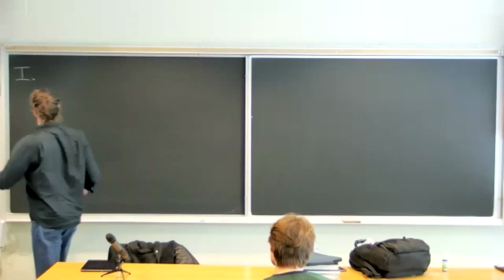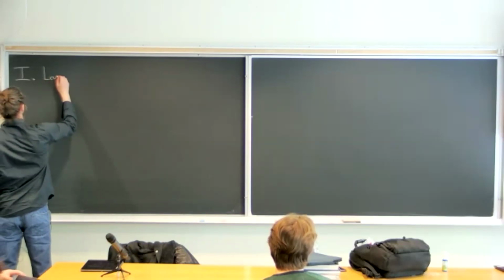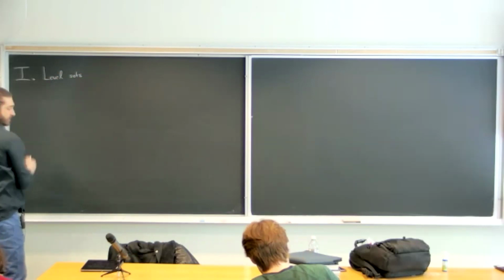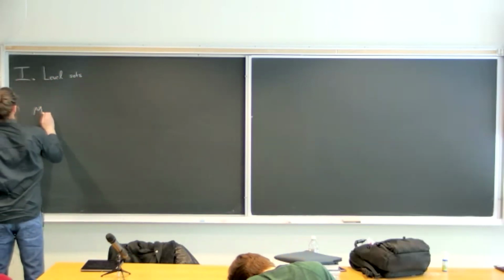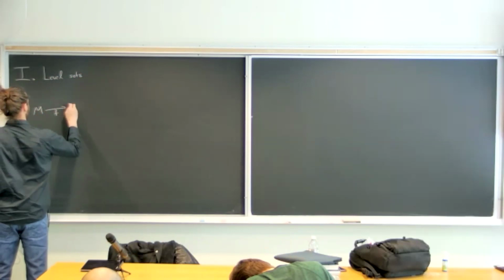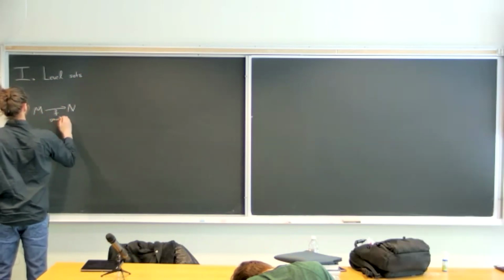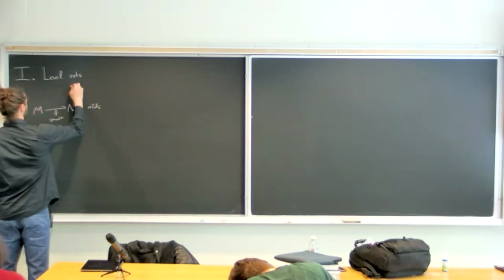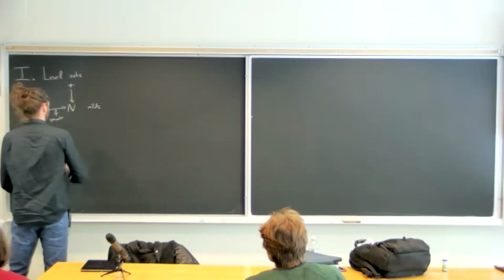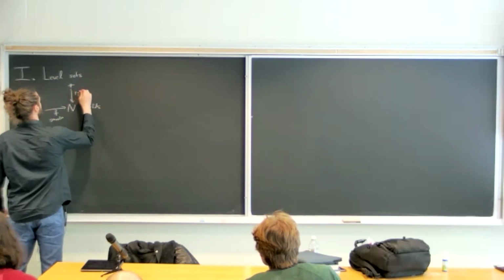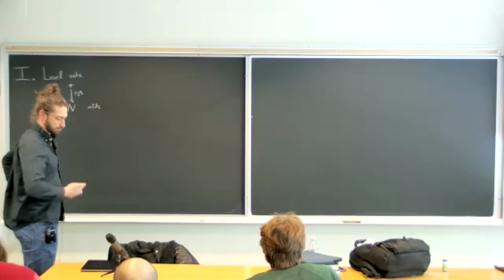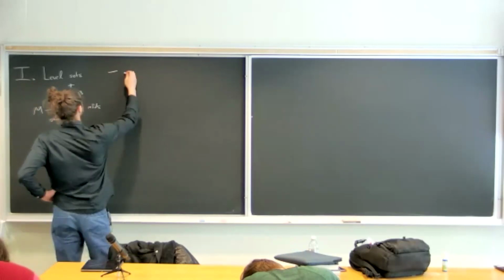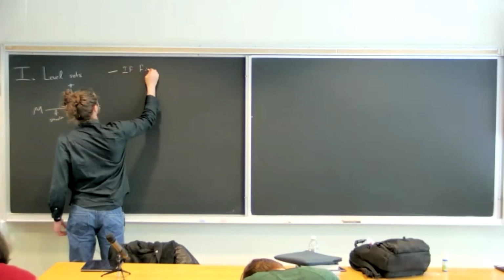Let's give some basic facts from differential topology to start. Suppose that I have some smooth map of manifolds, and then I have some point y. A basic fact that you learn at the very beginning of differential topology is that if f is a submersion,